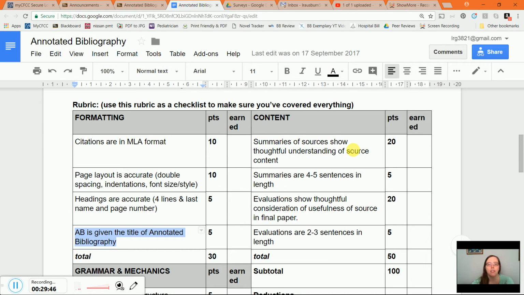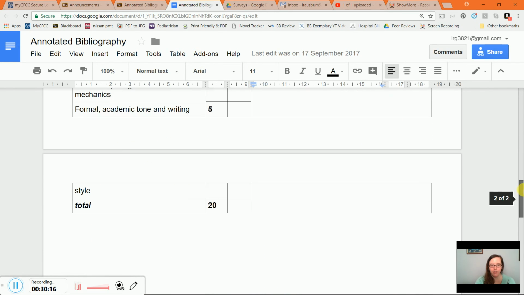And then, of course, I ask for specific length. So in this rubric, I'm also trying to make sure that your summaries are the length that I ask for. That's just to kind of get an appropriate gauge on the right amount of summary. Less than 4 sentences is probably not enough summary. More than 5 sentences, you're not going to get dinged on by any means. But if you've got like 30 sentence summaries, your summaries are probably way too detailed. All right, and that's all out of 100 points.